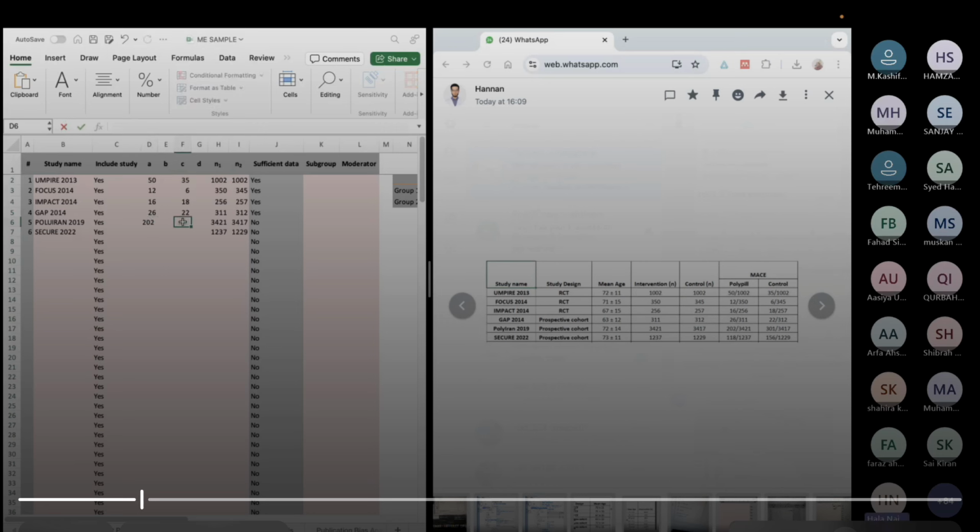So as you add data in all the correct columns, you'll see कि automatically sufficient data yes होता जाएगा from no. ठीक है, it's not something that you can change. The program will do it automatically. The sheet will do it itself. ठीक है, तो पहले जो no था वो yes हो जाएगा. Once you are here, let me know in the chat.